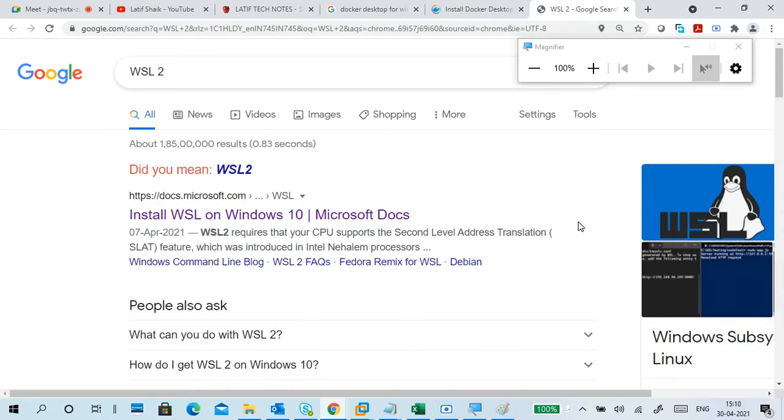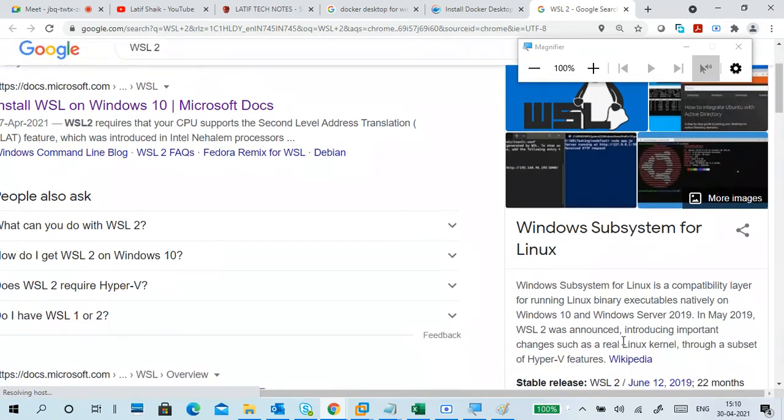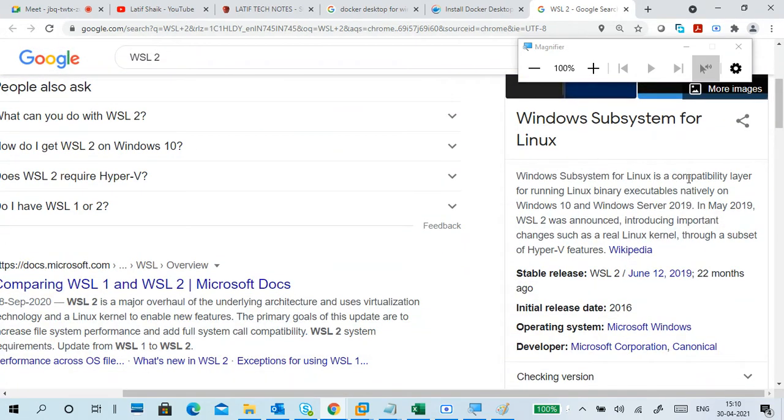Windows Subsystem for Linux. Windows Subsystem for Linux is a compatibility layer for running Linux binary executables natively on Windows 10. In May 2019 it was announced, introducing important changes such as a real Linux kernel through a subset of Hyper-V features.